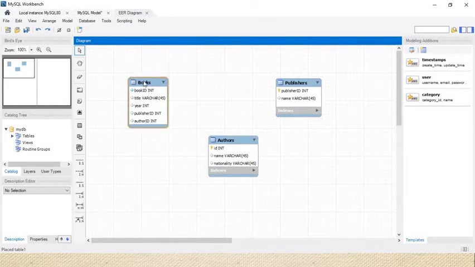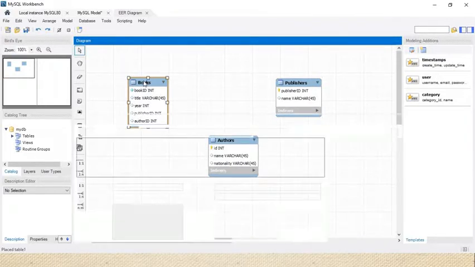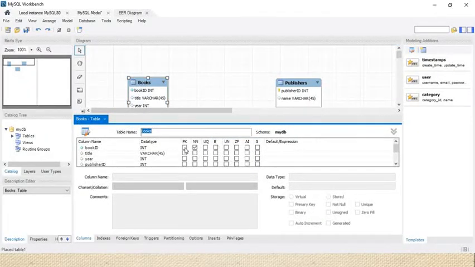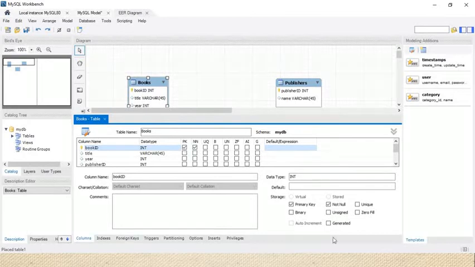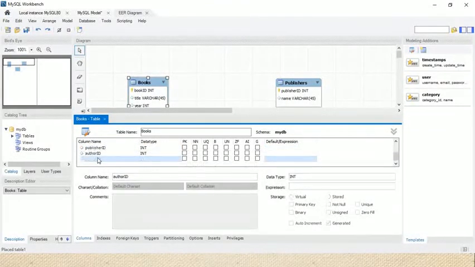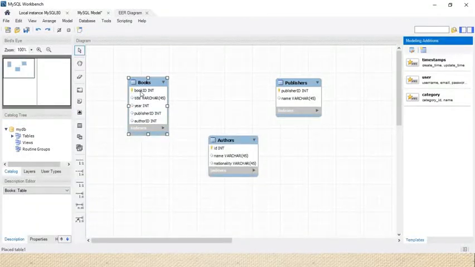Right now, no, it is not a primary key. Click on that table. So we didn't select it as a primary key. Okay, right now it is selected as a primary key. Yes, done. So book ID is a primary key, and these are the other attributes we can use in the books table.